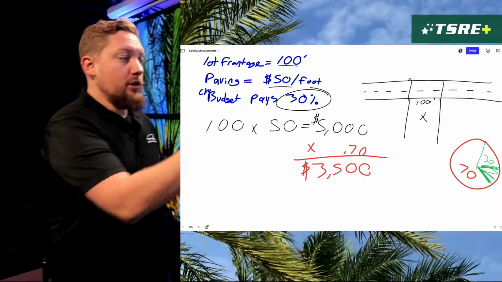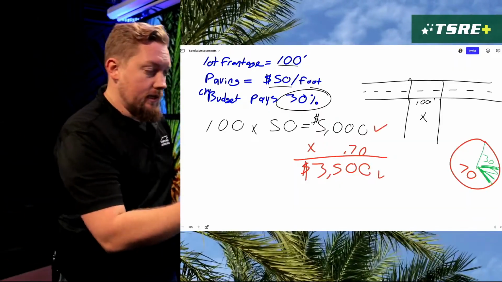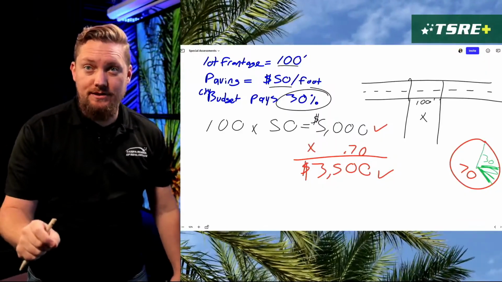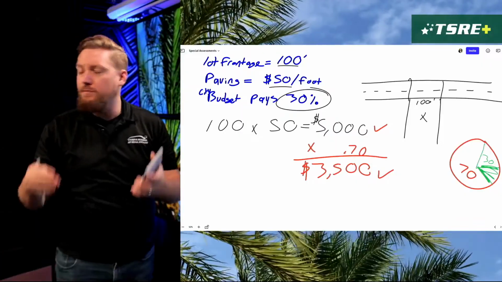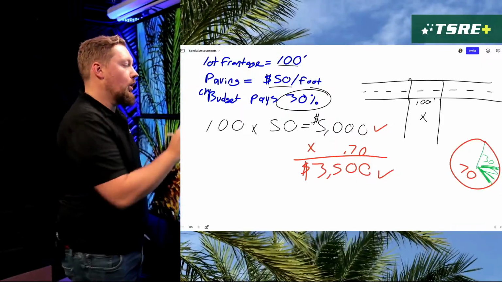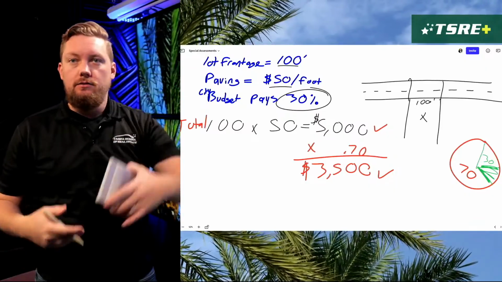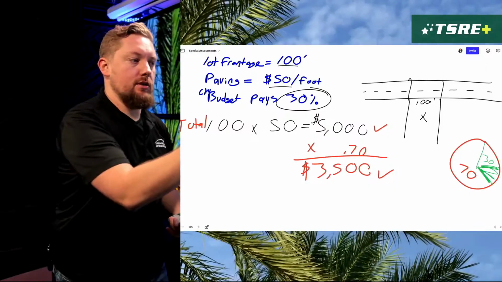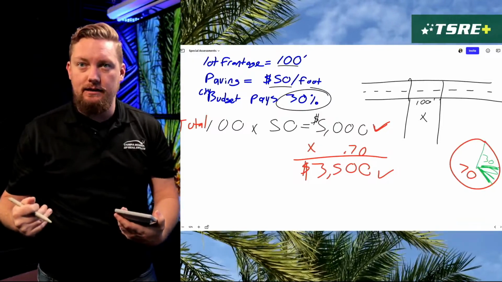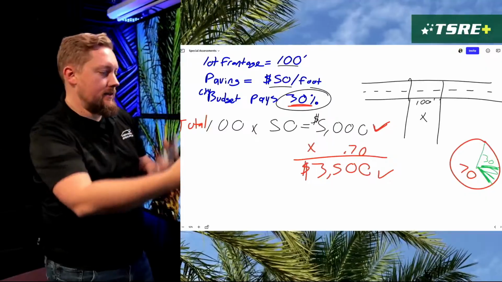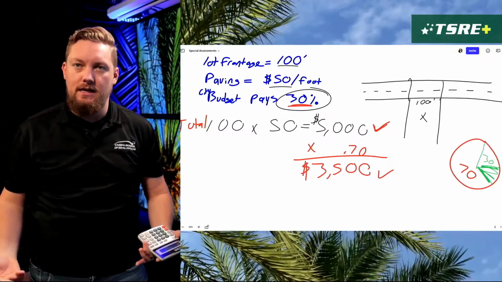Now, on your exam, you're likely to see this as an answer choice. Neither one of them is the answer choice for the typical real estate exam question, because it's not a question of what is the total cost, because that's what the contractor paving the road is concerned with. They want to be paid $5,000. And the city has to pay for 30% of that, so that's about $1,500 in this example that we've got here,